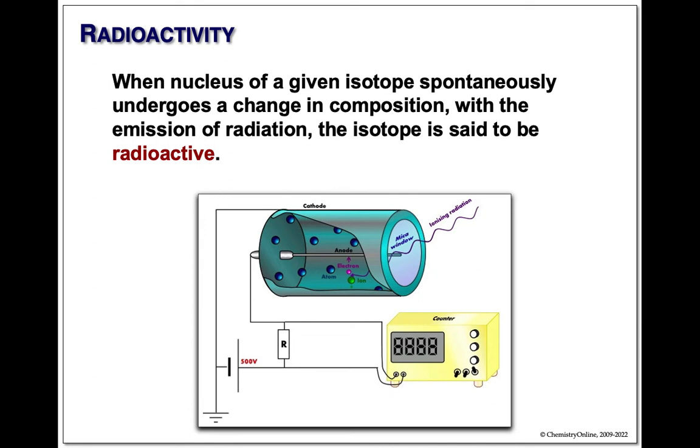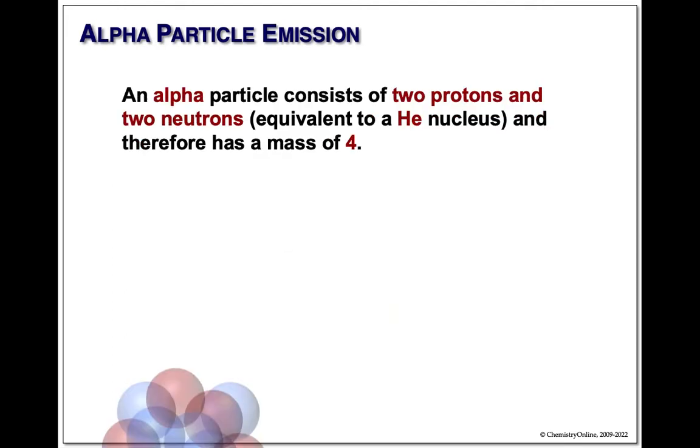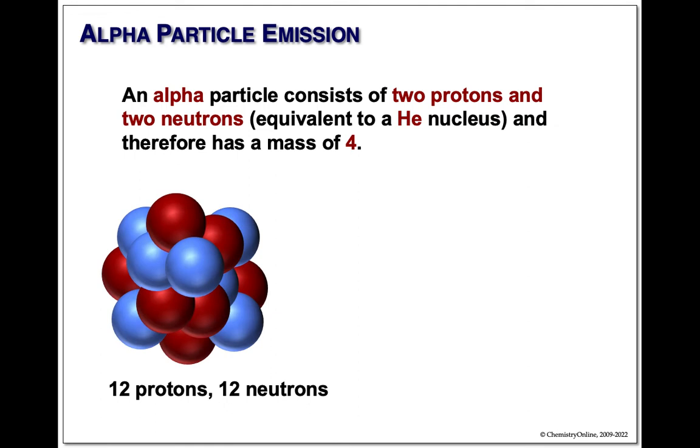Let's talk a little bit about where these things come from, how they come out of the nucleus, and some of the magic that's involved. Let's start off with alpha particles. As we said, it has a mass number of 4, 2 protons and 2 neutrons. It has a charge of +2. This is my pretend nucleus here. In my pretend nucleus, I have 12 protons, 12 neutrons. If this was to eject an alpha particle,